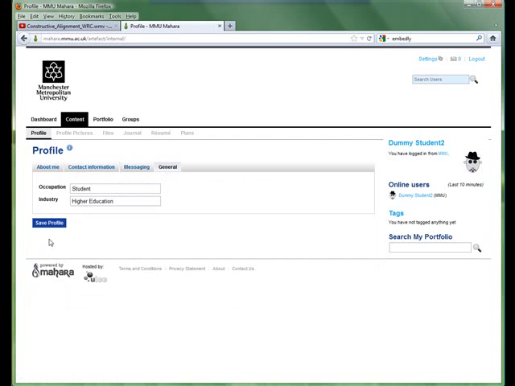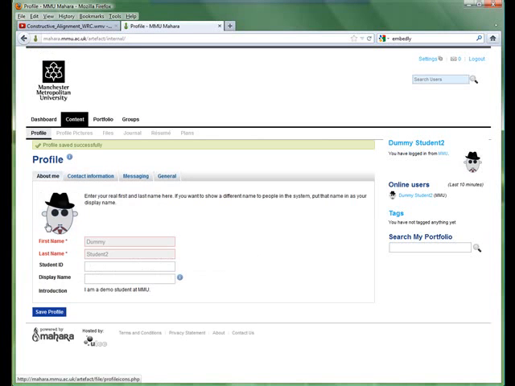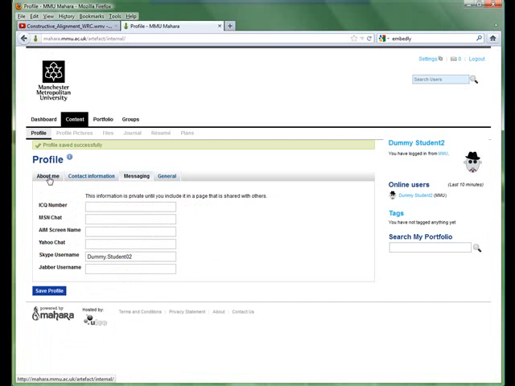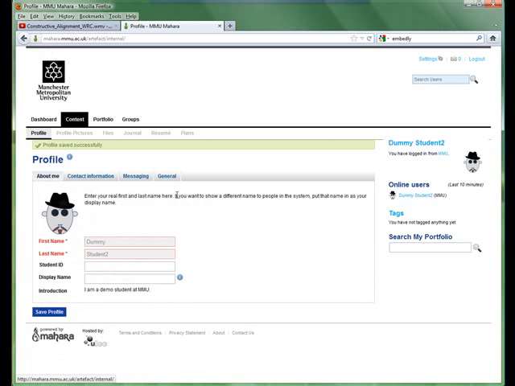Once we're happy that we've added all of the information that we need, we can click on Save Profile, and if we move back, we can see all of that information has been saved about us. As I said, that information is only available to you as a user at the moment. It hasn't been shared with anybody. Another thing that we might want to do underneath